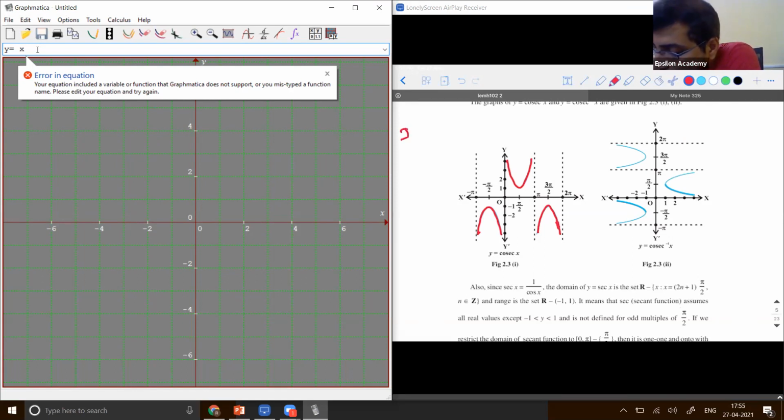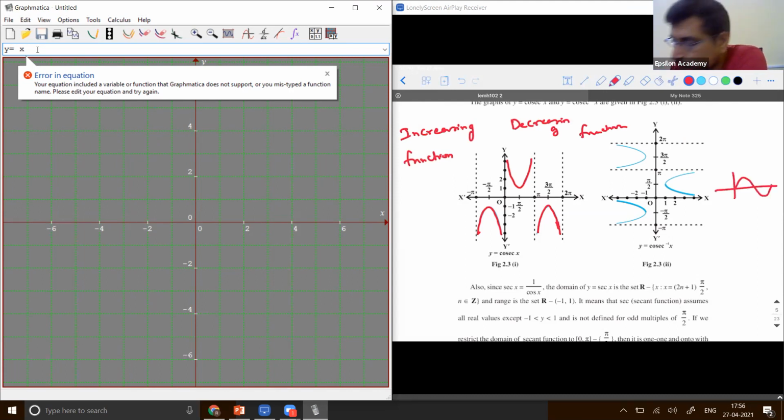See, guys, for you to choose that, I will explain a simple concept. There are two types of functions: one is called an increasing function and the other a decreasing function. What do I mean by increasing and decreasing? This is a graph of sin x. 0, pi by 2 is there, and this is pi. Tell me what is happening to sin x between 0 to pi. First it is increasing and then it is decreasing.